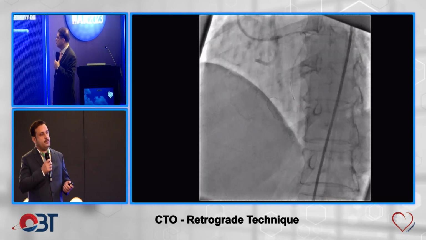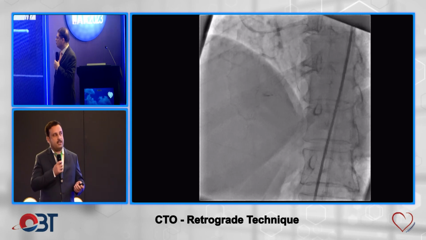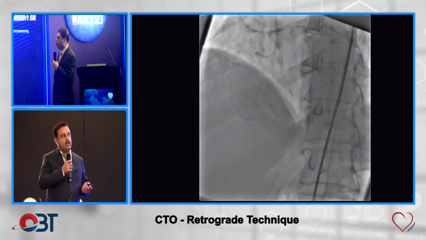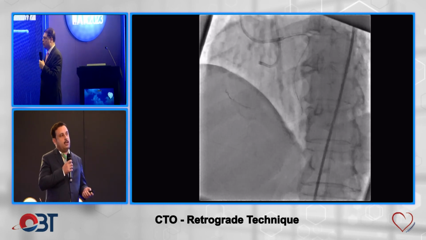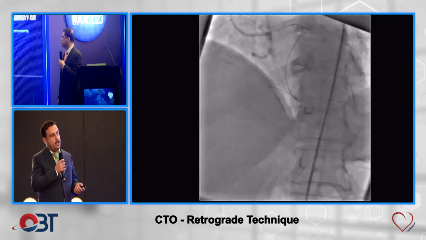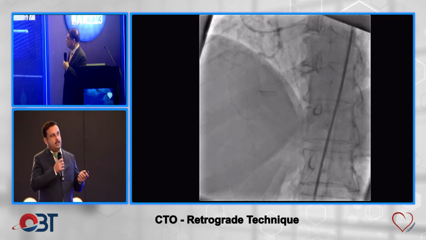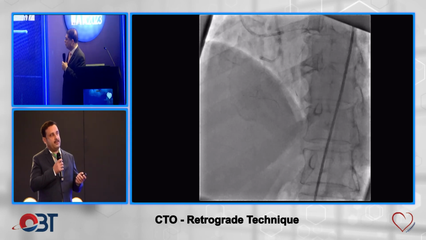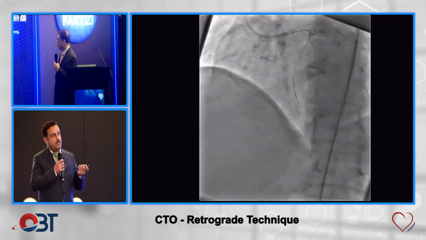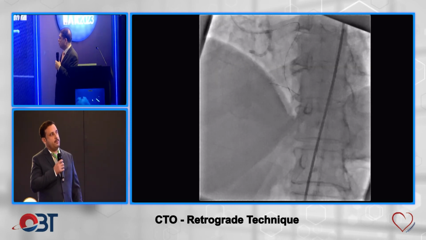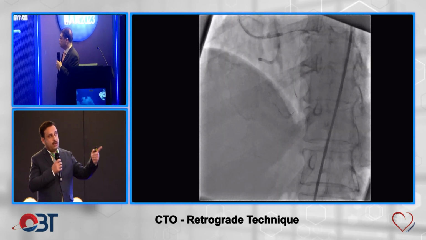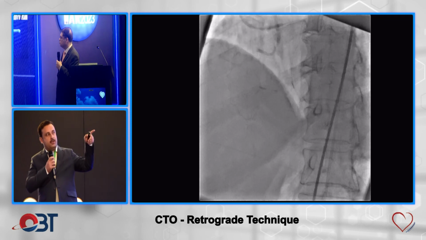Now, as we see, we have crossed the septum with the wire. And which wire crossed? It is the SUOH 03 wire. So the wire takes a course, and then it is pulled back and redirected. And as you see, it has sailed right into the mid RCA. Over that wire, we now